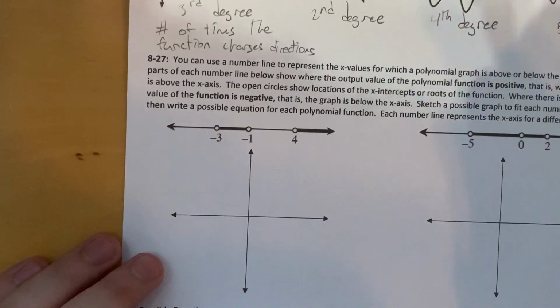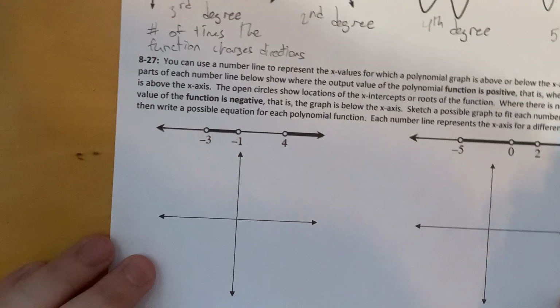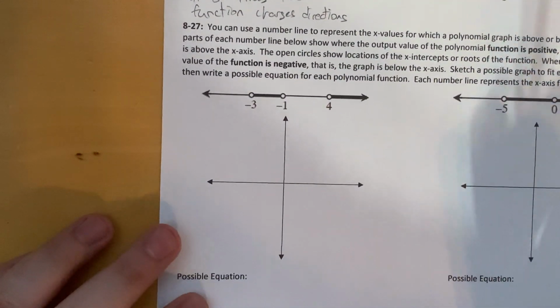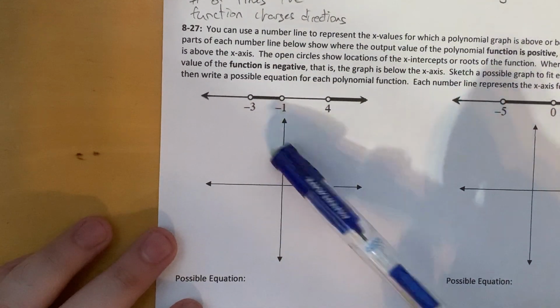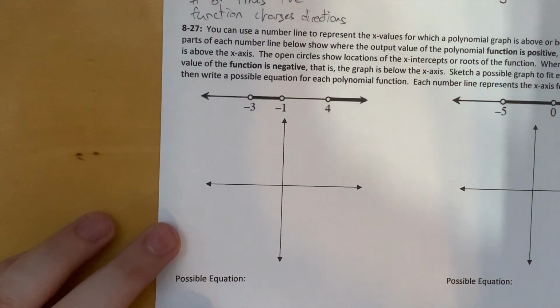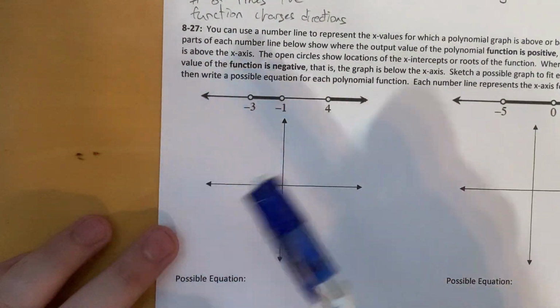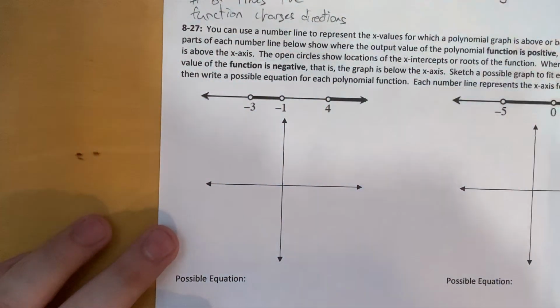So let's do 8-27. All right, so this is asking us to sketch the function based off of the number line. No, this isn't like shading or what we've done before. This is different. If it's not shaded, then it's going to be above the x-axis. It's going to be in the positive region, above the x-axis. If it's shaded,